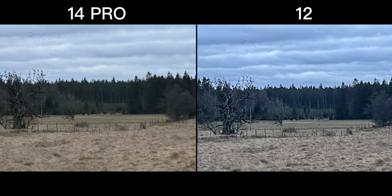Hi guys, today we are gonna compare the iPhone 12 camera to the iPhone 14 Pro camera. Is it really worth the upgrade? Let's find out. This shot really shows what the 3x on the iPhone 14 Pro is capable of, and the